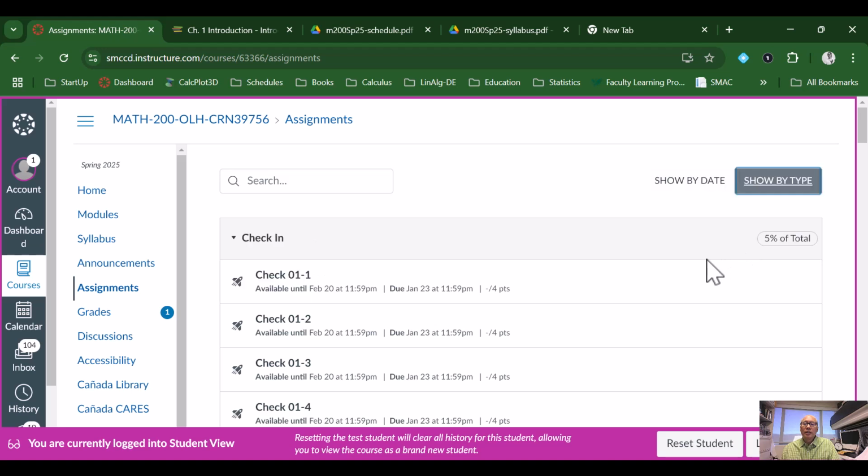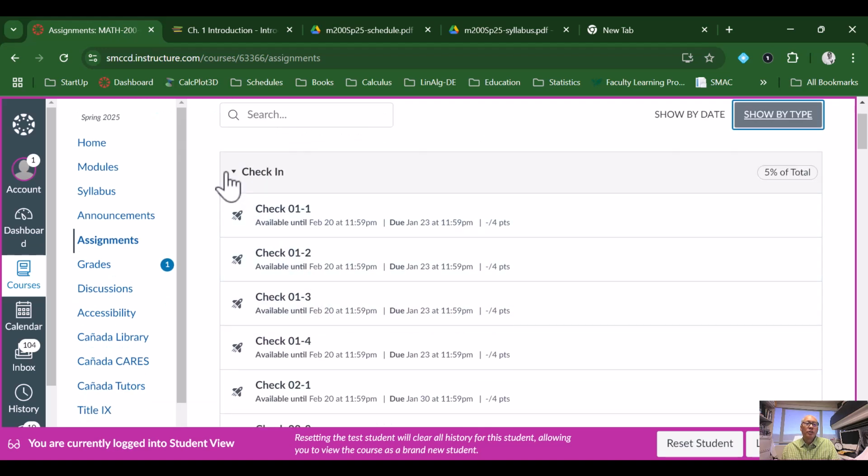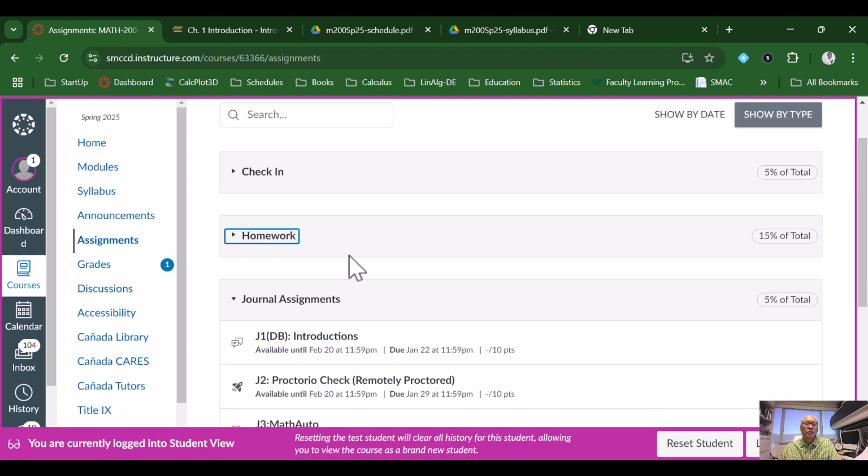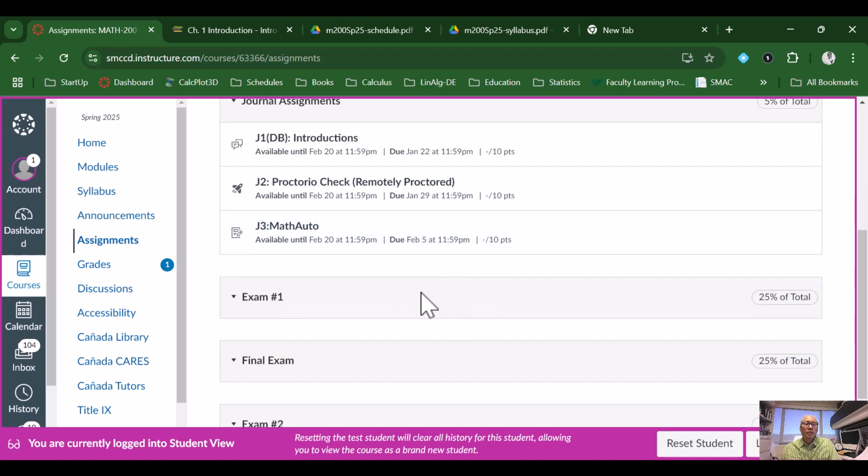So let's take a look at the show by type. We have check-in assignments for chapters 1 through 4 currently. We have the homework assignments for all those chapters as well. And these are the journal assignments. So I want to highlight the different types of journal assignments that you'll get. Journal assignment